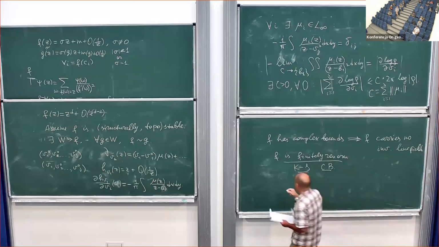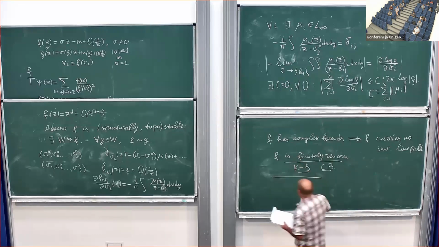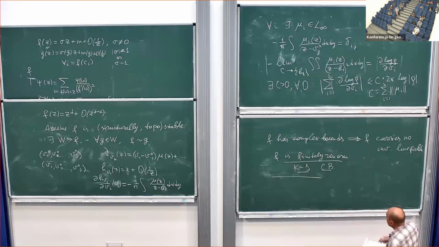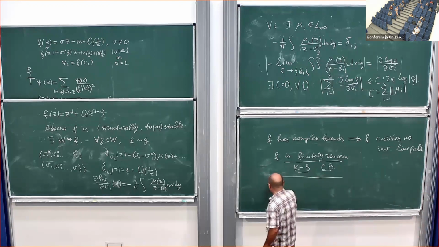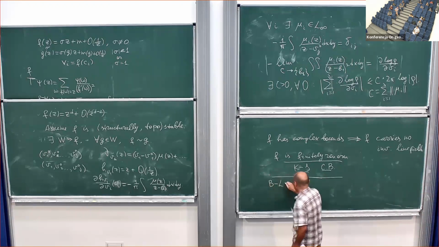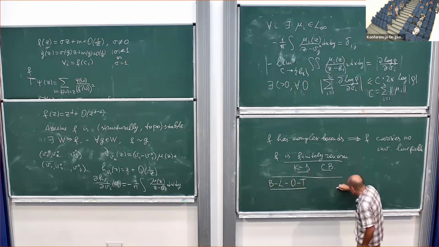Now, there is still the case of infinitely renormalizable polynomials, and again, if complex bounds exist at some sequence of levels, then no invariant line field. There are many classes of polynomials, mainly quadratic but not only, infinitely renormalizable with complex bounds, but it turns out that the property of having complex bounds is a very fragile property, and we proved recently with Blokh, Oversteegen, and Timorin that whenever there is